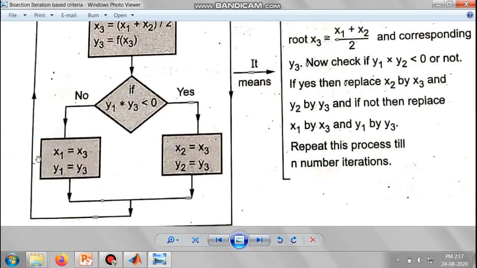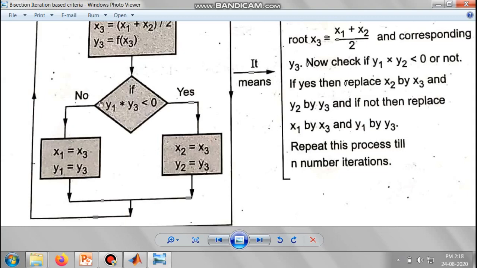Try to understand this particular logic. See, the condition used is that the product of y1 into y3 must be less than 0. That means for y1 and y3, one of the functions must be negative and the other must be positive. Then and only then will you get a product which is less than 0.